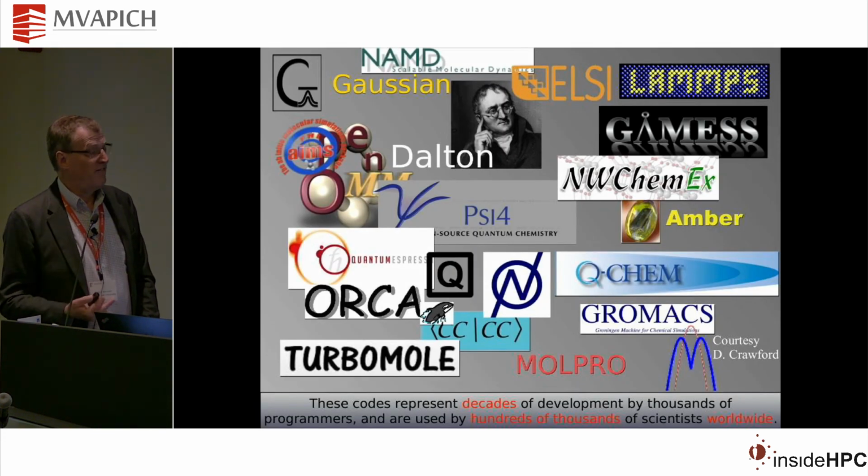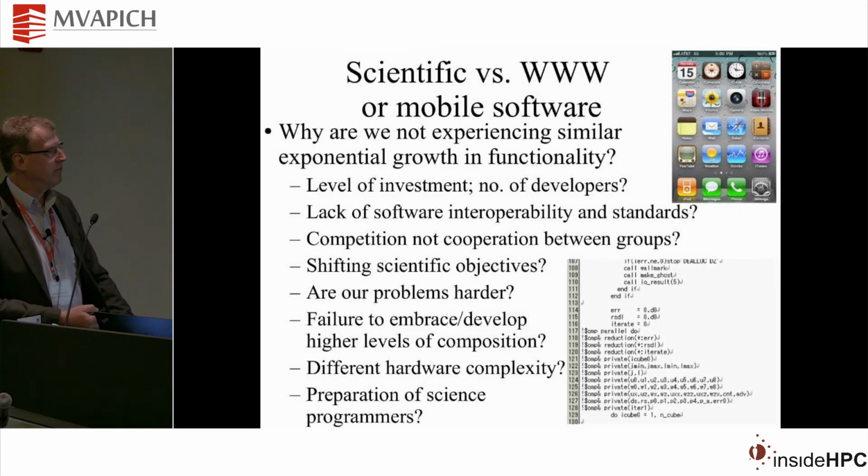And this is just a small fraction of the large chemistry packages that are out there. Actually this is a molecular dynamics package there, but there's a whole load of packages missing. Well, where's NWChem? Somewhere on here. Oh, there it is, right? NWChem itself is, I don't know, 3 to 5 million lines of code, depending on how you count. None of these codes are that much smaller than that. So on here, you probably have 40 plus million lines of code, and the entire community as a whole is going to have a lot more than that. So we have a massive effort in moving this software forward.